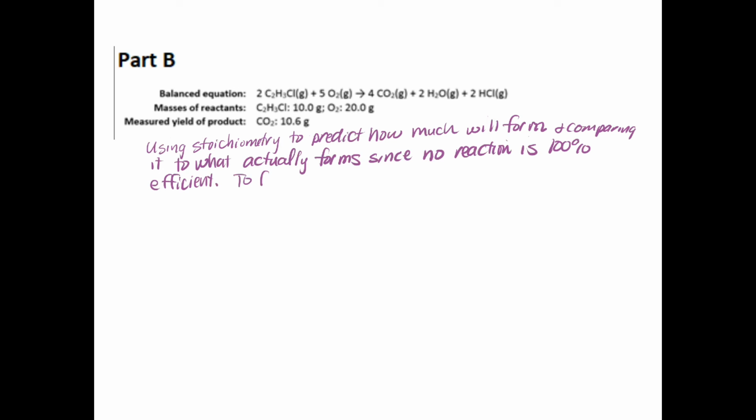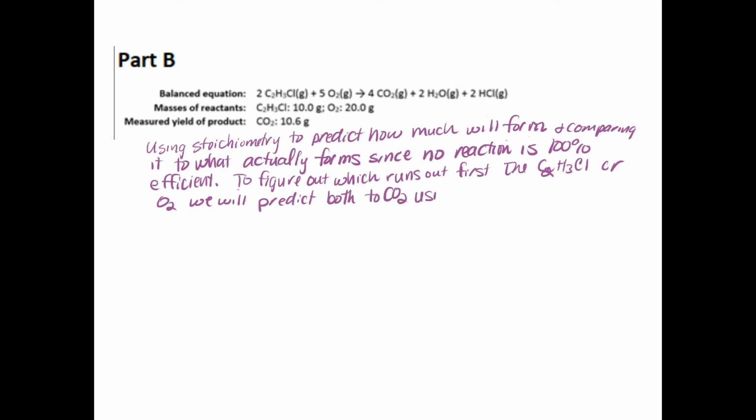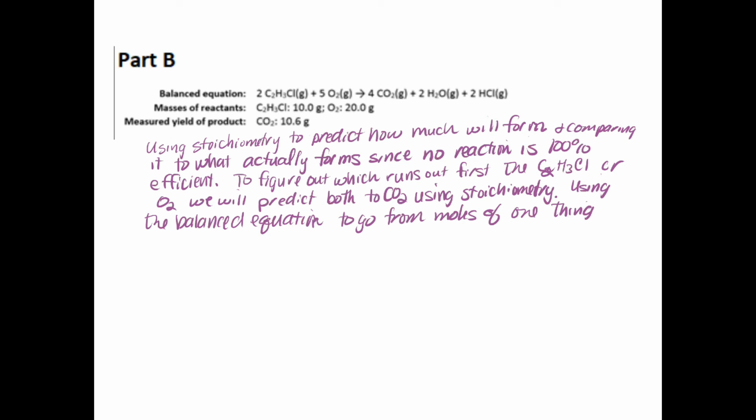All right, so to figure out which one runs out first, because we have 2 different reactants here, the C2H3Cl or O2, we need to take both of those grams and predict the grams of CO2 using stoichiometry, which is really using the balanced equation to get from moles of one thing to moles of another, and then to come out of moles or into moles using grams. So we're going to start with our 10 grams of C2H3Cl, and we're going to multiply that